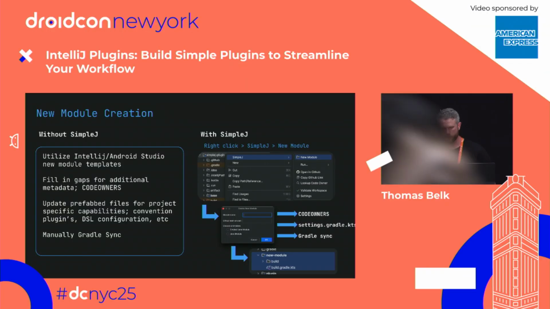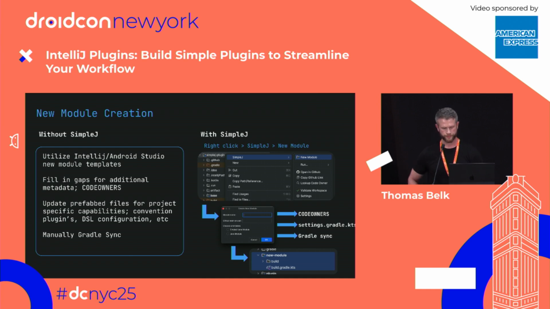When it comes to creating a new module, prior to IntelliJ, engineers would utilize IntelliJ or Android Studio's new module templates, fill in the gaps for additional metadata like code owners, update the prefab files for project-specific capabilities such as convention plugins, DSL usage in the build file, feature architecture and scaffolding, and more. And then delete any unnecessary prefab files, and finally kick off a Gradle sync or two after making updates to